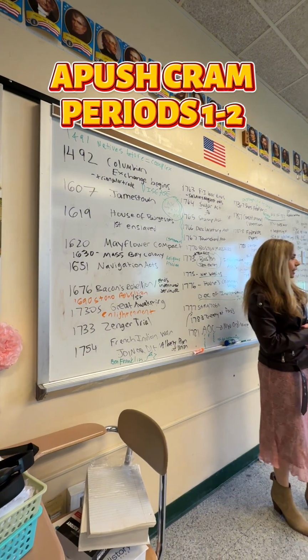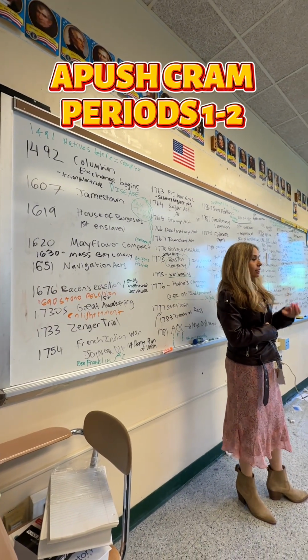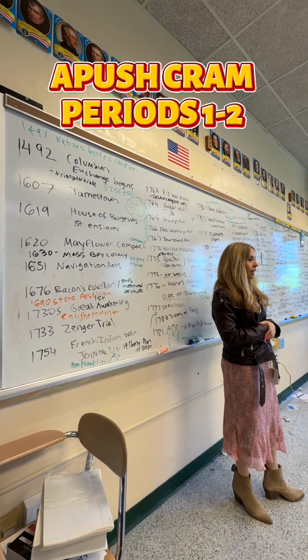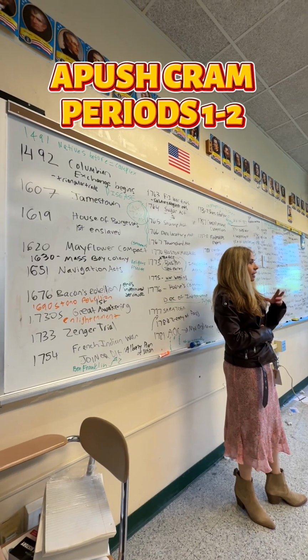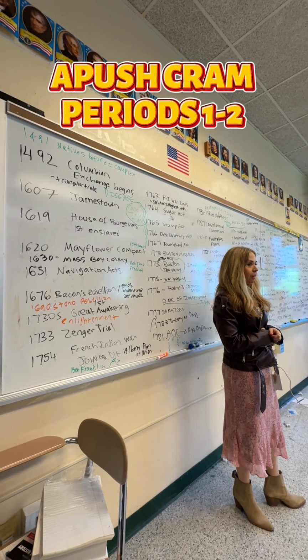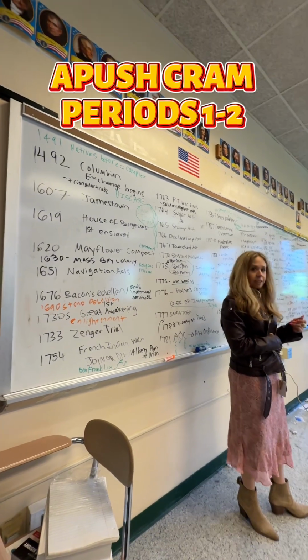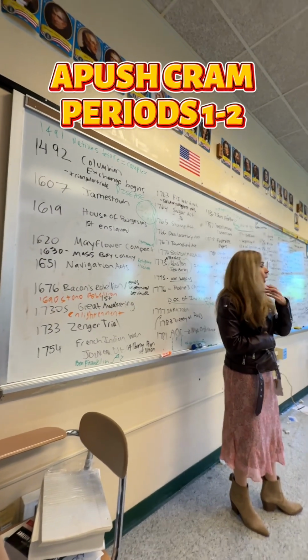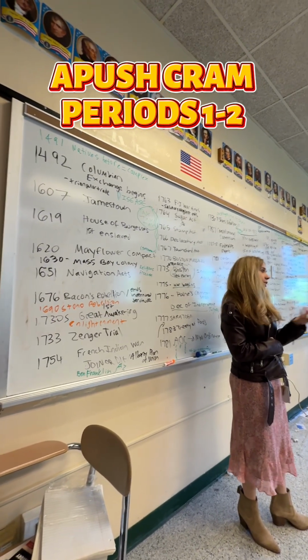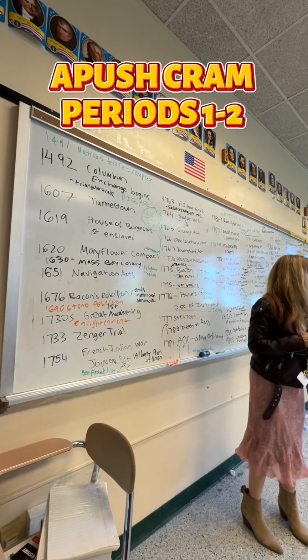That's the French and Indian War, right? There's something called the Albany Plan of Union. There's a famous etching that is drawn by a guy named Ben Franklin. What does it say on it? It's a snake. What does he say? Join or die. Join or die, right? And what he means by that is we need to come together to fight the French. Do they do that? No, but they will eventually.